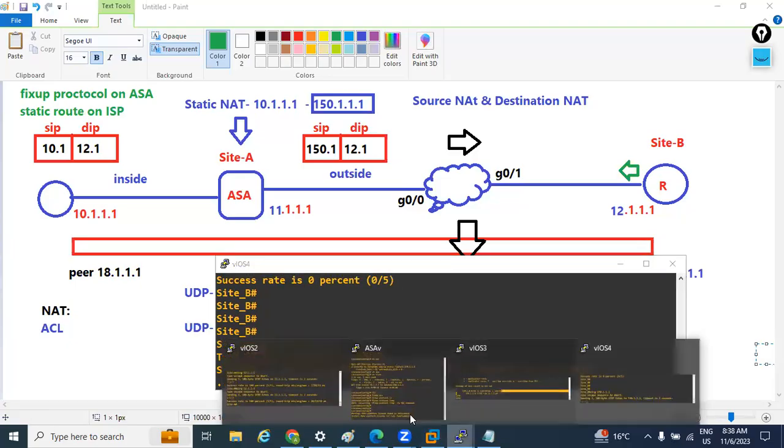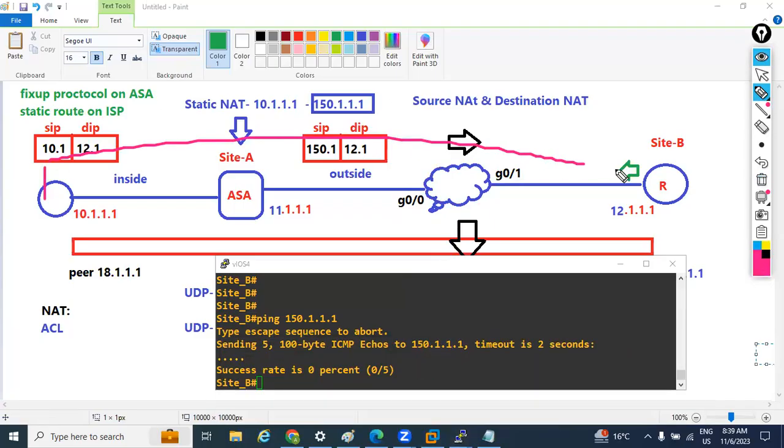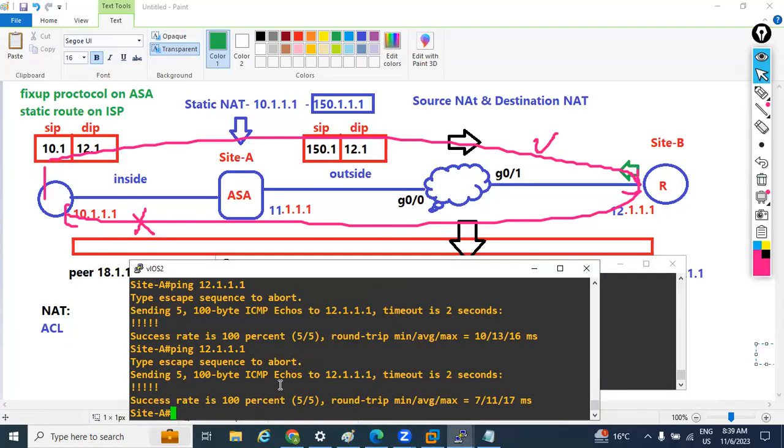Even though I am able to ping from this router to this router, there is only one-side communication. From here to here, I'm able to ping, but from here to here, this is not happening. I'm talking about the same ping. You can see from here I'm able to ping this, and if you check here